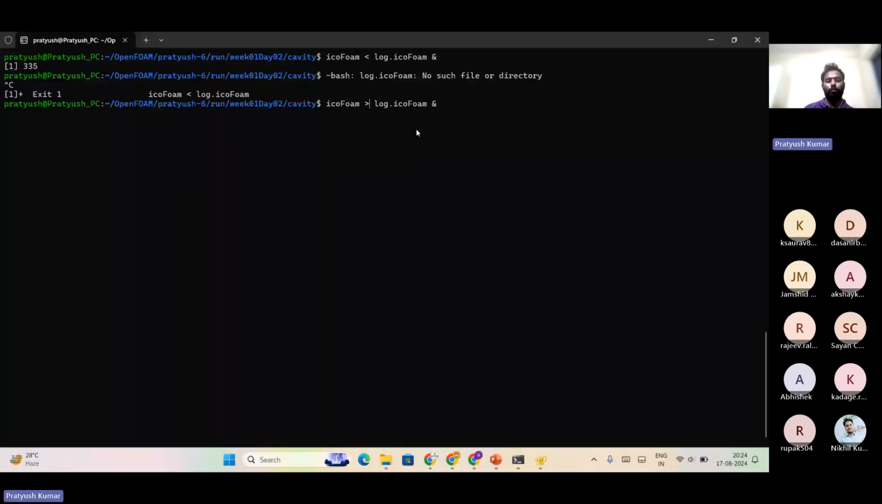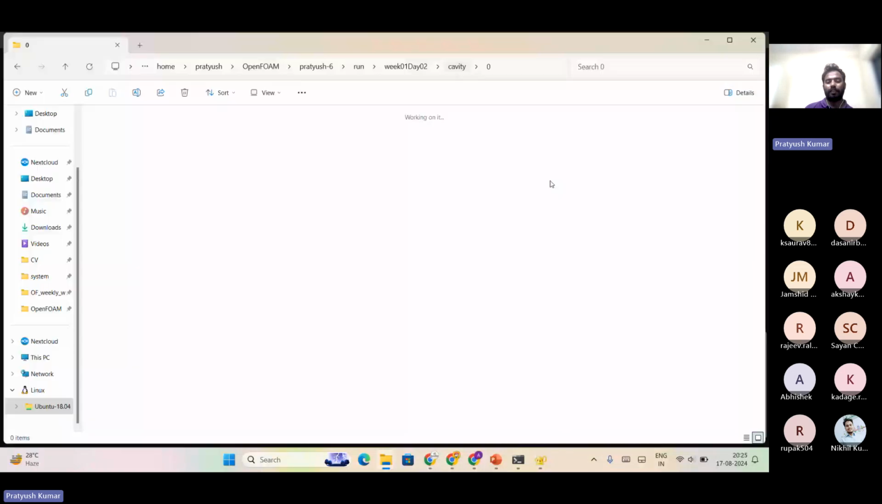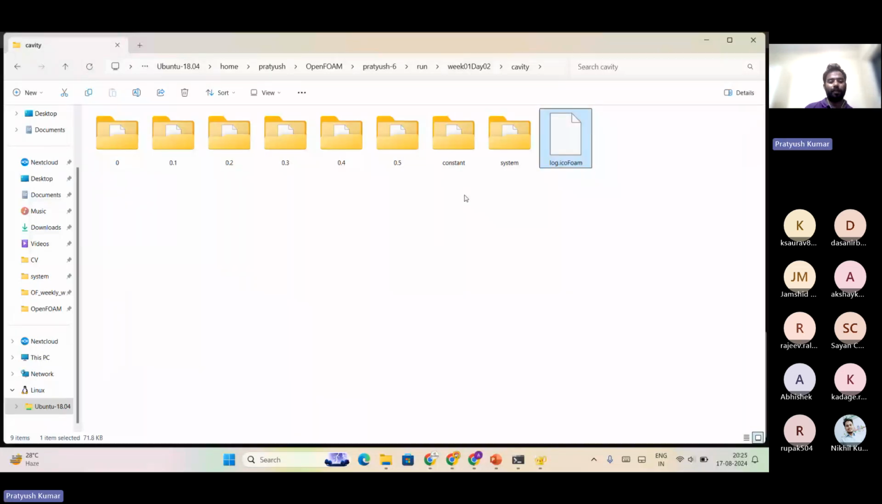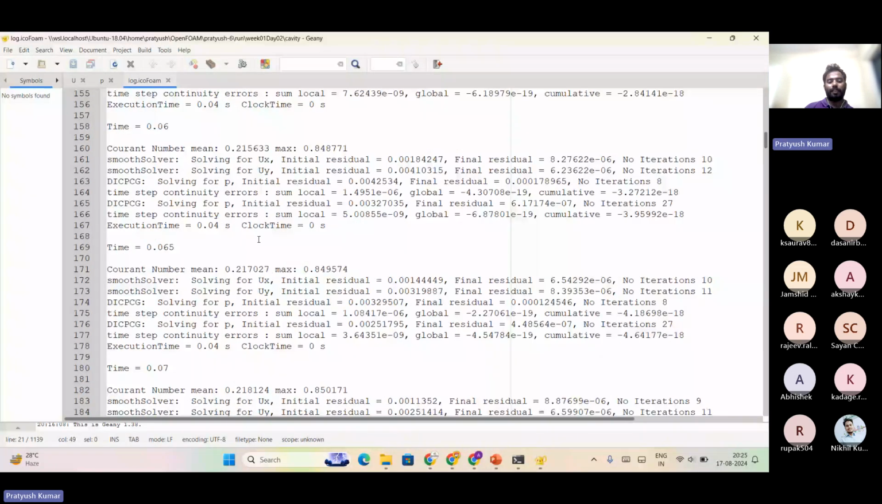Now, if you want to read that text file, you can use tail -f and the name of that text file. You can see here that whatever the icoFoam solver has done on the screen has been printed in this log.icoFoam text file. If you go to the test case, you can see one text file has been created. If you open it in any text editor, you can see that starting from 0, it has read the transport properties and different fields, and every iteration has been saved as a text file